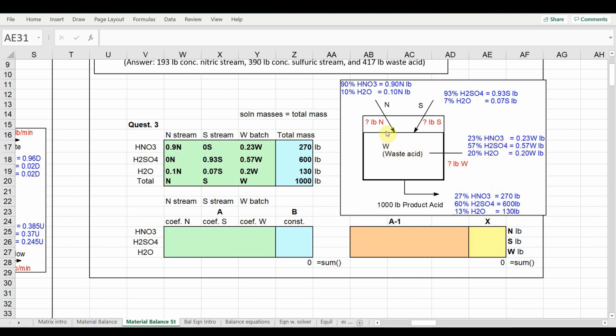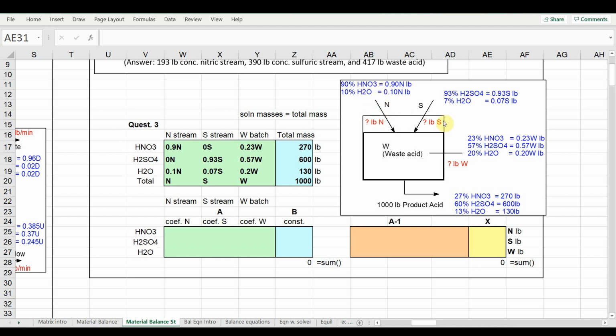The nitric acid stream that's being added, we need to know the amount of that. So that's another variable, N. It's 90% nitric, so I'll write the nitric acid content as 0.90 times N pounds of nitric acid. And the balance then is 10% water, so 0.1 times N is the pounds of water delivered from this nitric